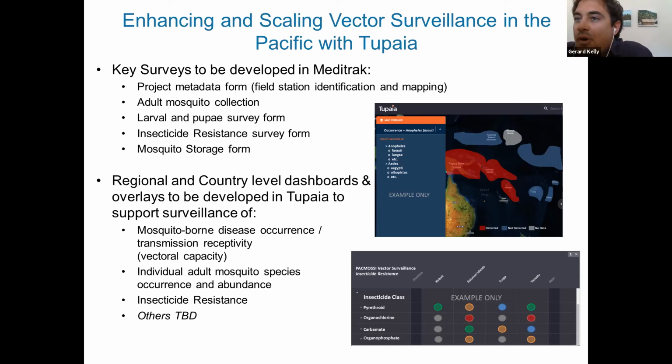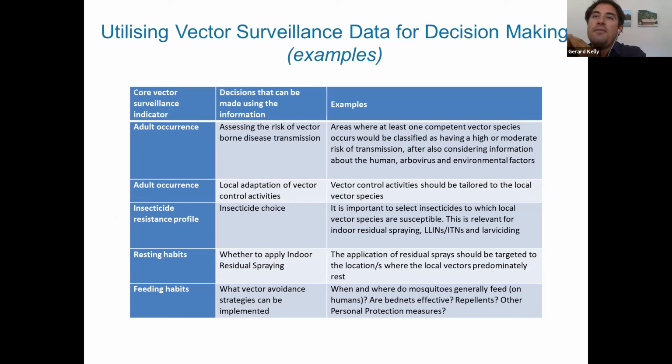This is, again, just mock-ups at the moment, showing the types of insecticide classes and whether they have any proven or shown insecticide resistance. The classic example here, and I find this table really interesting, is insecticide resistance. It is unbelievable, and this happens in Africa, in Asia, and in the Pacific, that countries will procure an insecticide, and they have done so for years